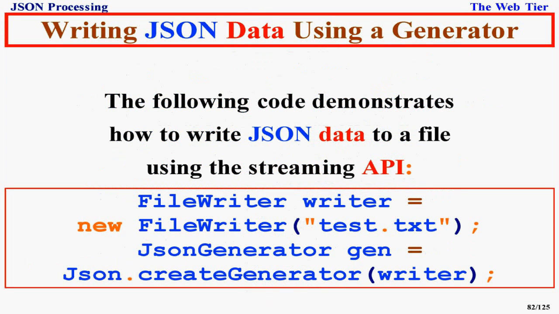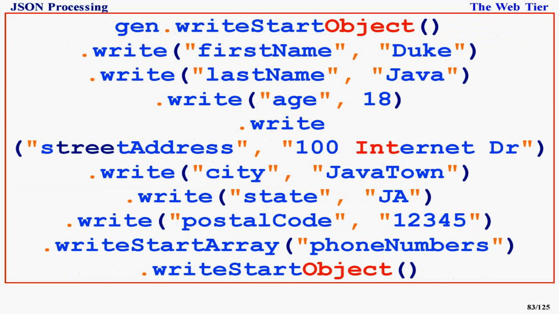Writing JSON data using a generator. The following code demonstrates how to write JSON data to a file using the streaming API. FileWriter writer = new FileWriter("test.txt"); JsonGenerator gen = Json.createGenerator(writer); gen.writeStartObject(); write firstName, Duke. Write lastName, Java. Write age, 18. Write streetAddress, 100 Internet Drive. Write city, JavaTown. Write state, JA. Write postalCode,